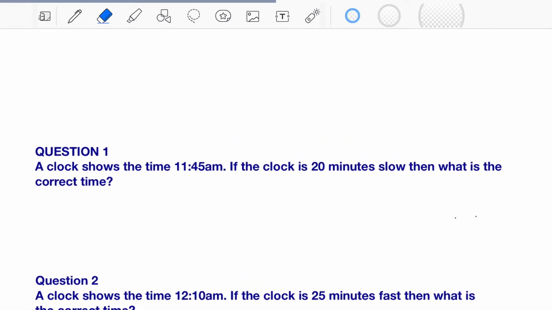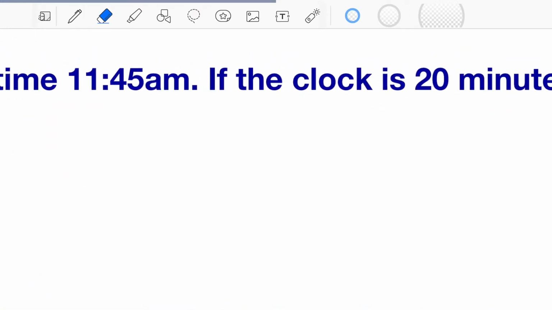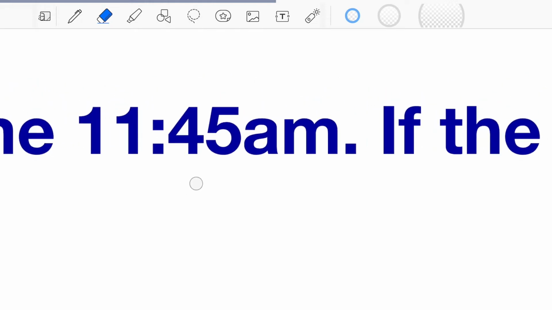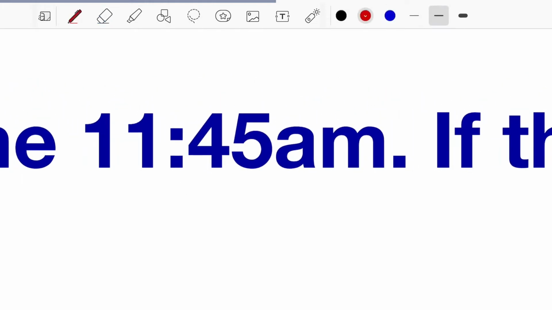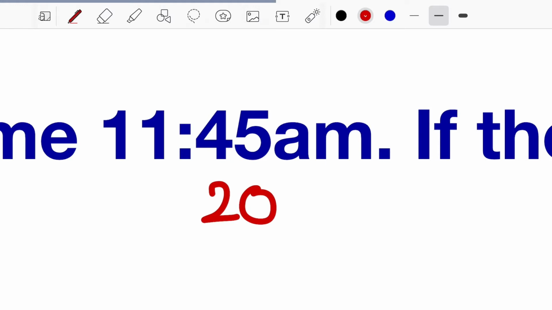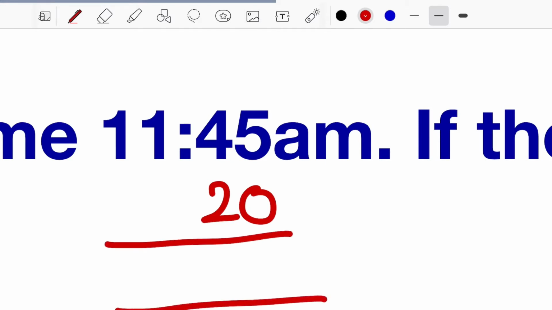Right, so these two questions are particularly interesting because, well, I'll show you all why. A clock shows the time 11:45 a.m. If the clock is 20 minutes slow, then what is the correct time? So again, slow means we must add to get the correct time. So 11:45 plus 20. So 45 plus 20 is